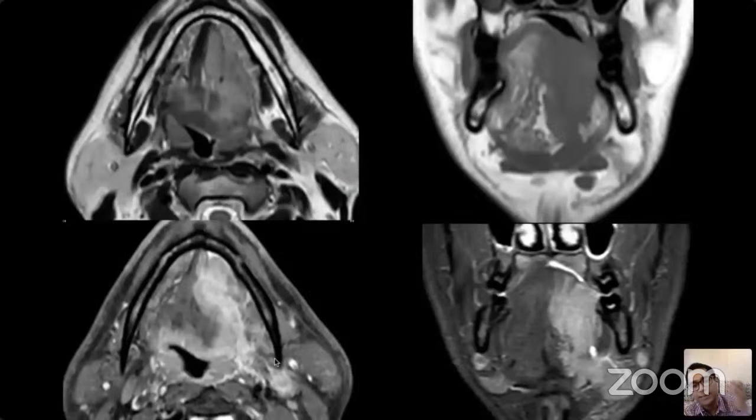So this is a node which has extracapsular spread. And extracapsular spread is again a poor prognostic marker in oral cavity. It directly makes the disease N3. So any node which shows necrosis or shows perinodal stranding or has loss of planes with the strap muscles is